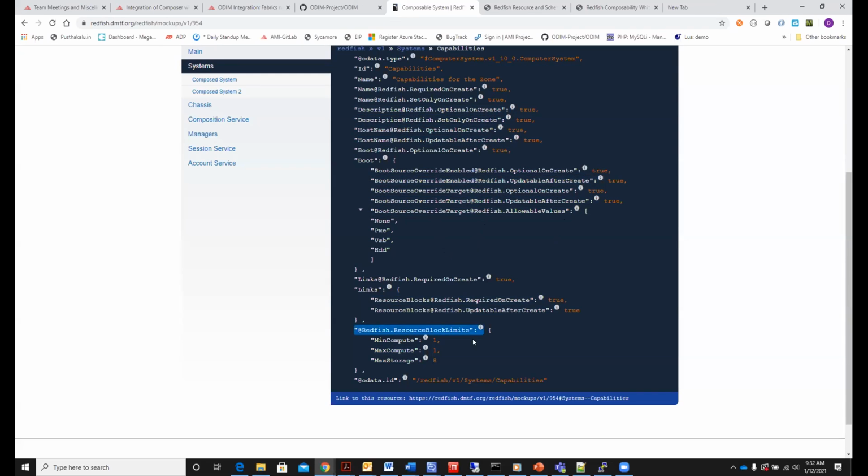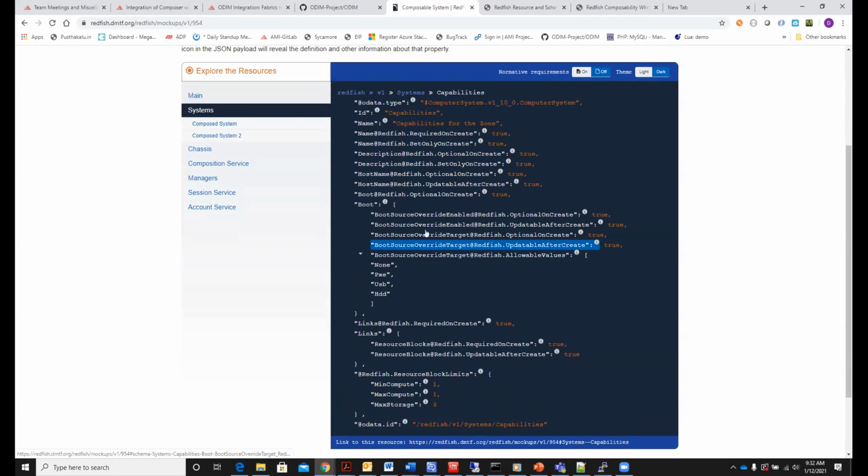values. So from the composability point of view, I understood the resource block limits. See, for example, here it mentions the minimum how many computes are needed, maximum how many computes are needed, storage, how many storage drives or whatever we can use, they are mentioning it over here. And also they are mentioning here the links resource block required on create is true, update after create is true. So these are all the parameters, and this is actually there in the